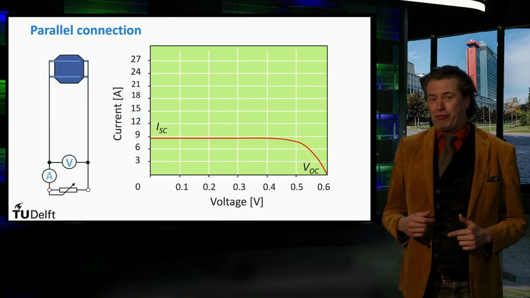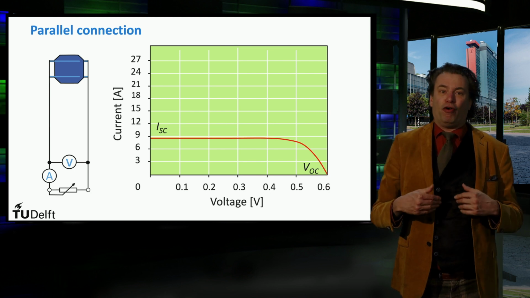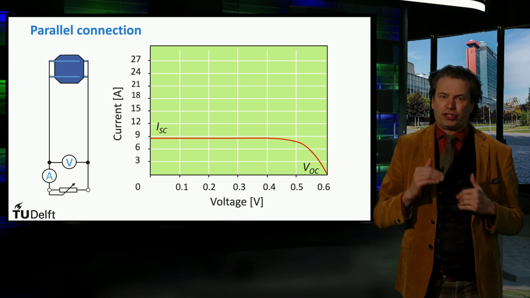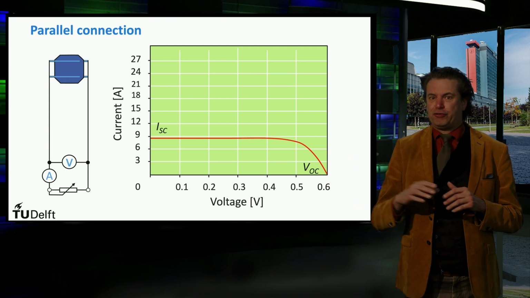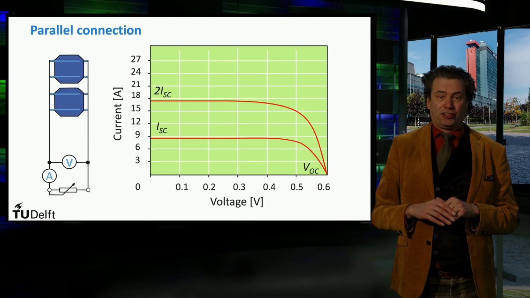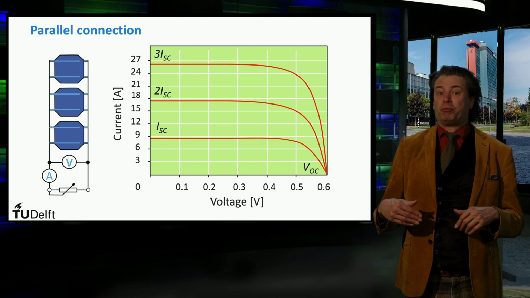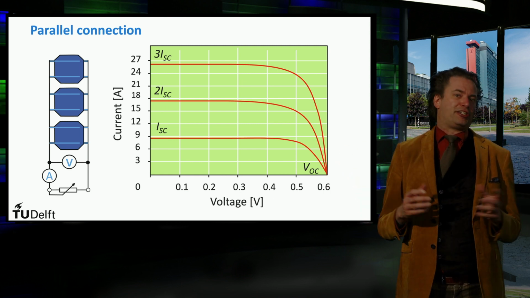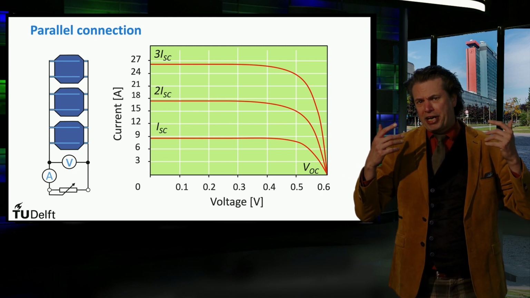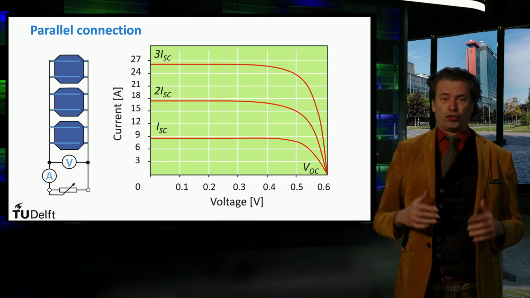A second way of connecting the solar cells is in parallel. Parallel connection means that the voltage is the same over all the solar cells, however, the currents of the solar cells add up. If we have two solar cells connected in parallel, the current increases 2 times, whereas the voltage remains the same. If we have 3 cells in parallel, the current becomes 3 times as large, while the voltage is the same as for a single cell. This means that if we consider a module, you can partly tune the voltage and the current output by the arrangements of the connections of the solar cells.